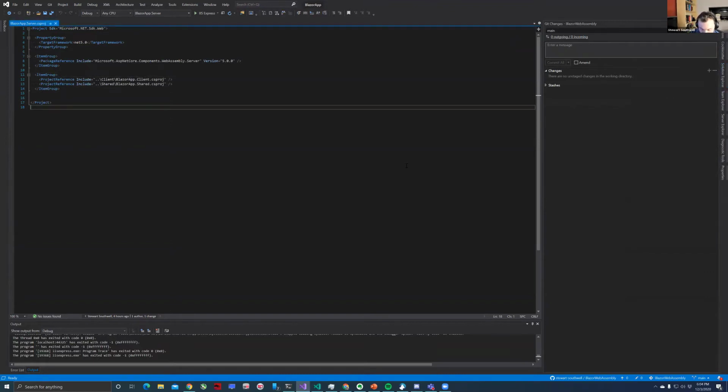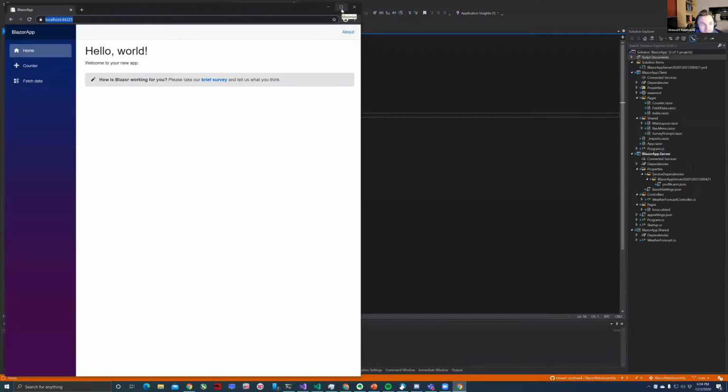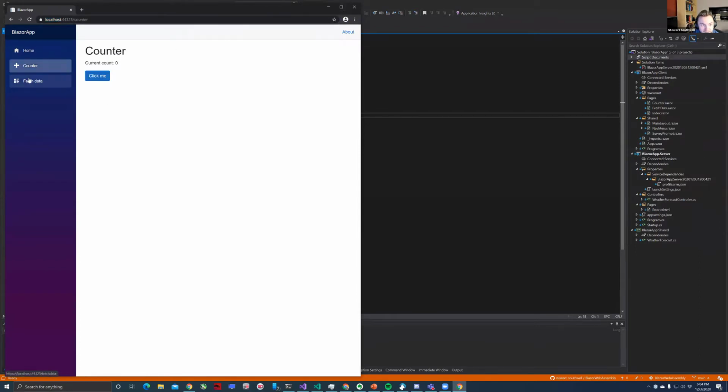And if we run this real fast, so we have our Blazor app here. One of the major goals with .NET 5 is, because you have all these APIs suddenly available at your fingertips under the .NET 5 umbrella,